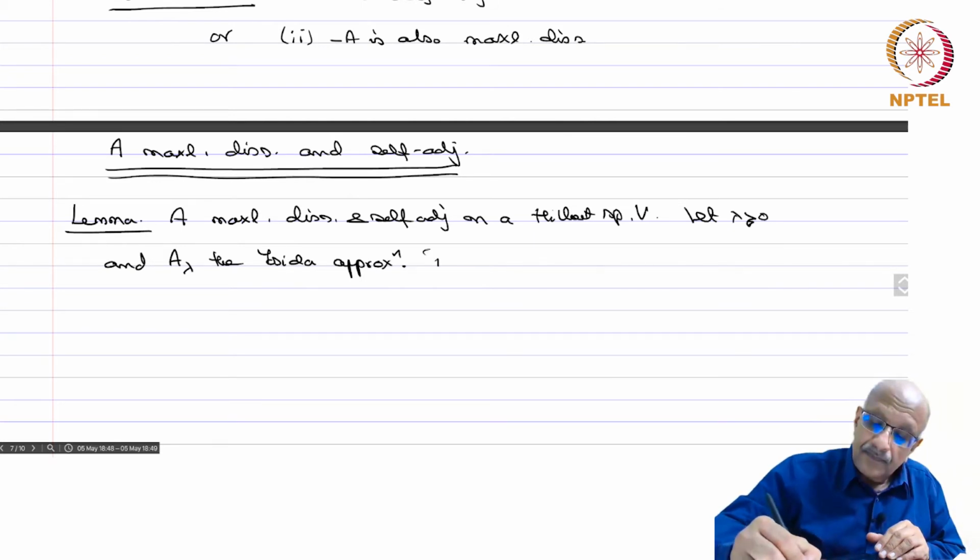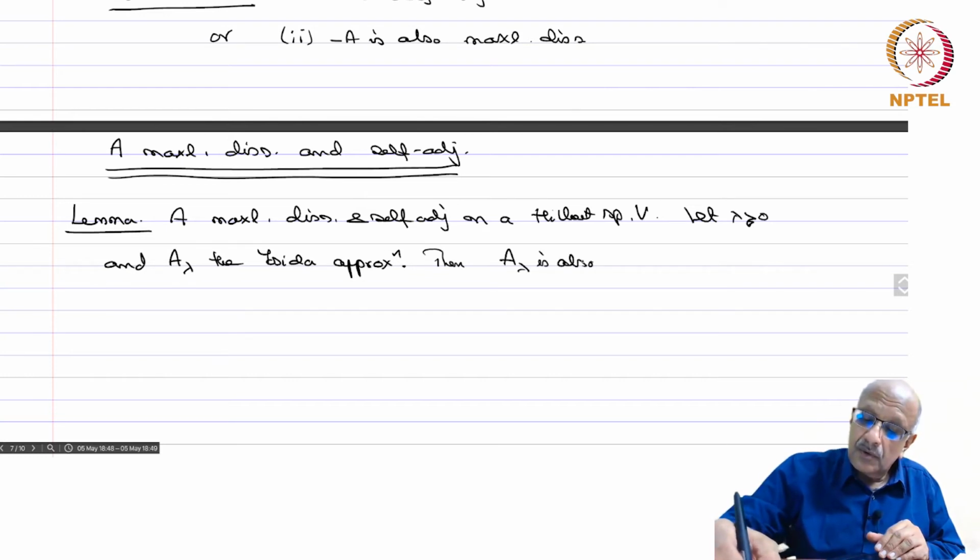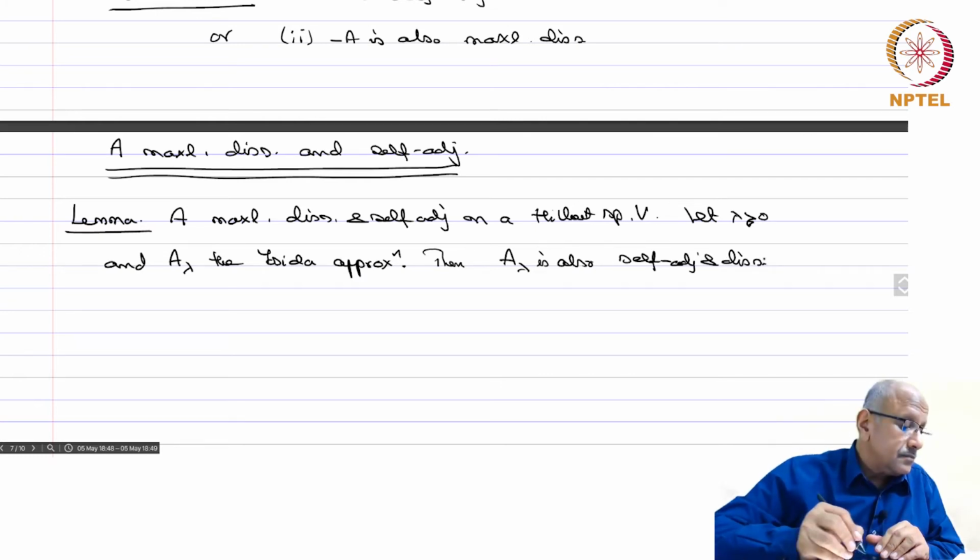Then A lambda is also self adjoint and dissipative. So, proof,